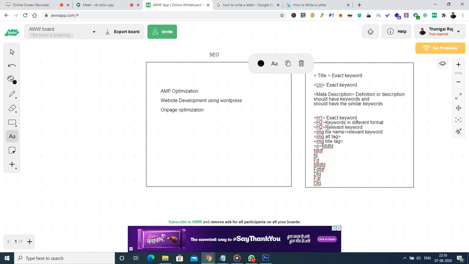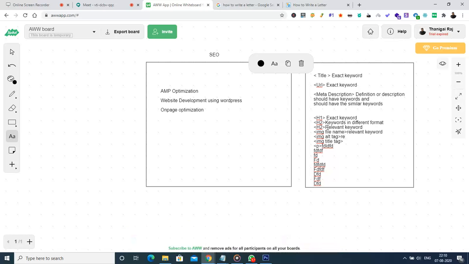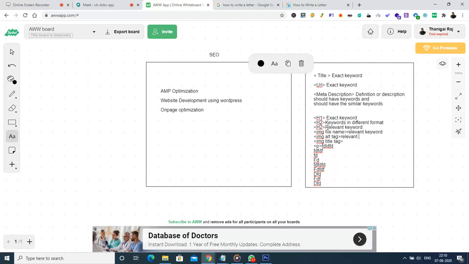These are the relevant keywords, and those things should be in the file name. Similarly, the alt tag should have similar relevant keywords. Okay, then the image title tag, relevant keyword, that's all. There is not much compulsion that it has to have something.